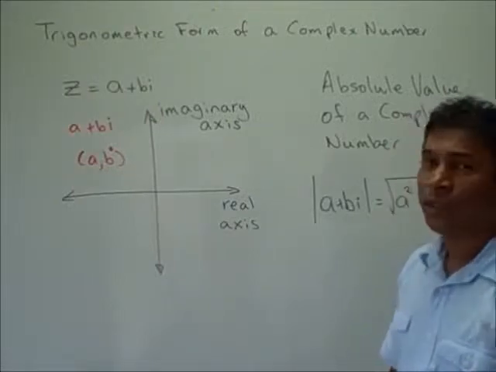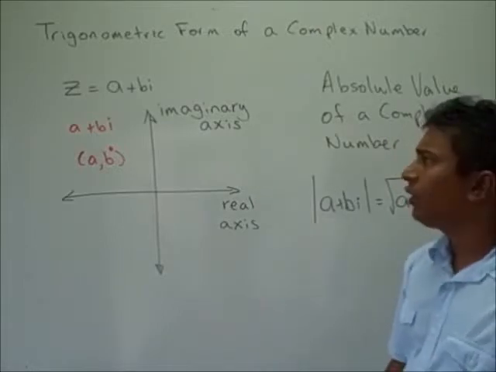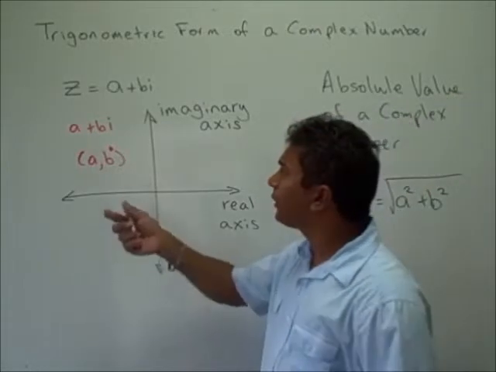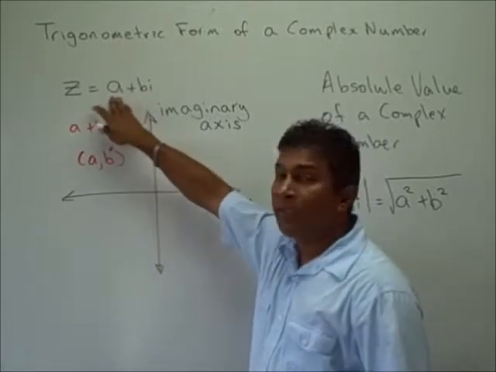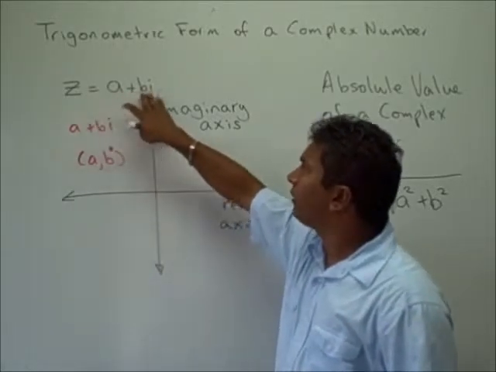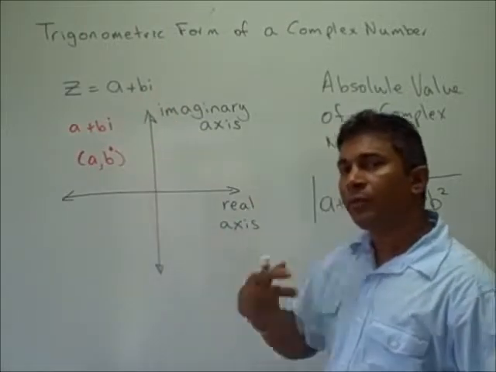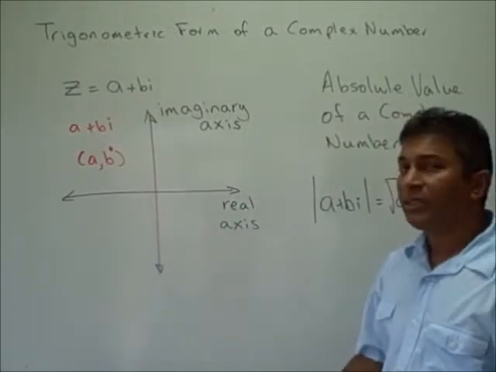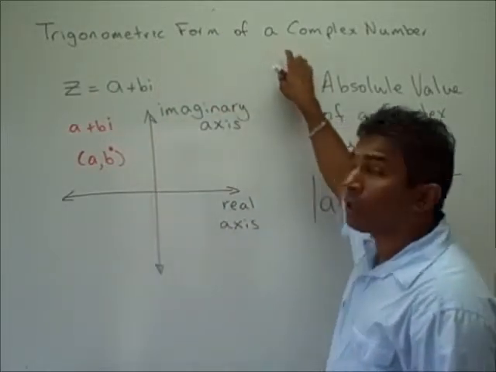In this section, we're looking at the trigonometric form of a complex number. If you recall, a complex number can be written in the form a plus bi, where a is our real part and bi is our imaginary part. Now, just like a real number can be represented on a rectangular coordinate plane, we can represent our complex number